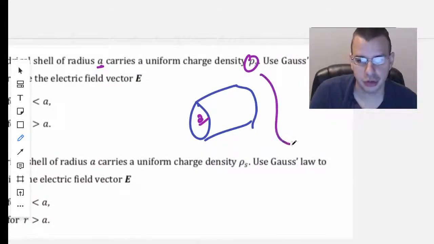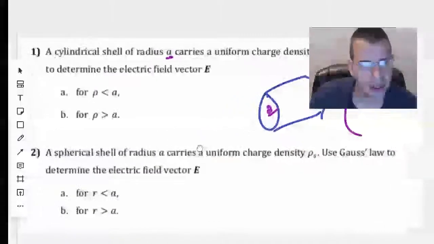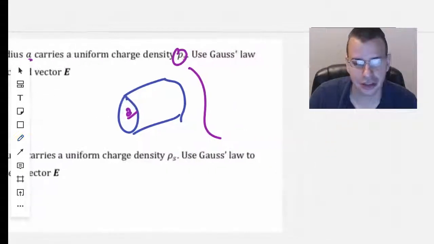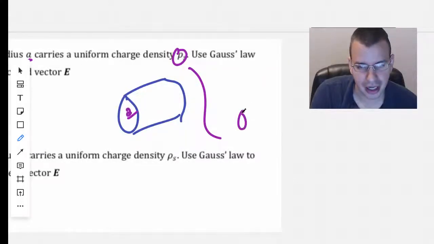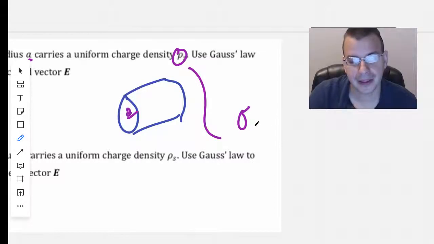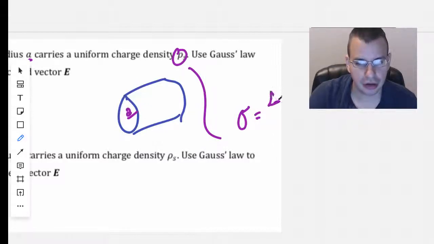So I'm going to rewrite this rho as a surface charge density. That might be what the S is anyway, surface charge, but I prefer sigma. I like to use rho for volumetric density. So we have sigma here, which is a surface charge density, which is a small unit of charge, Q,